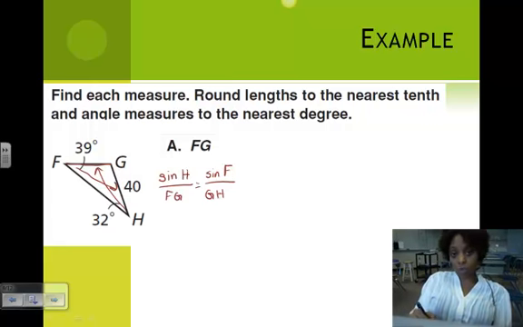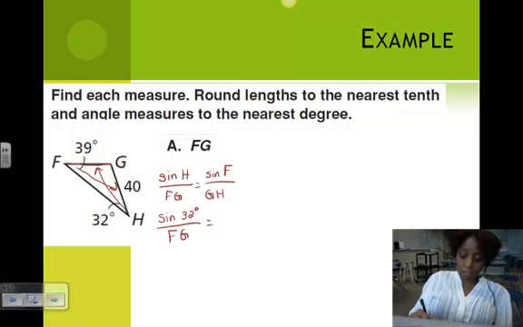Now notice, we know H, we know F, we know GH, we're trying to find FG. So then we would do the sine of 32 degrees over FG equals the sine of 39 degrees over 40,